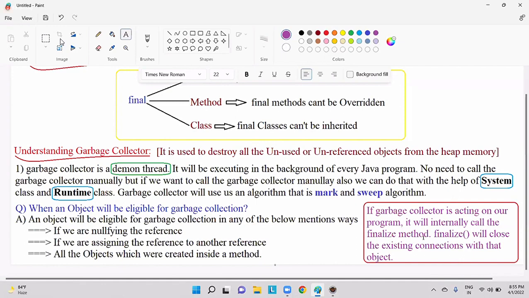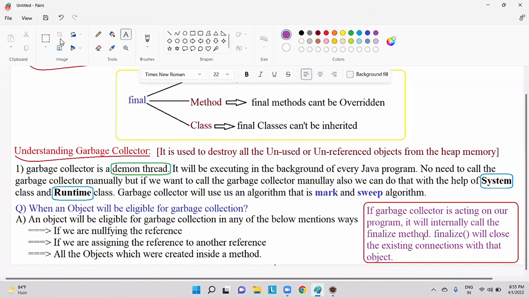In the Object class, we have different kinds of methods, like toString method, equals method, finalize method.